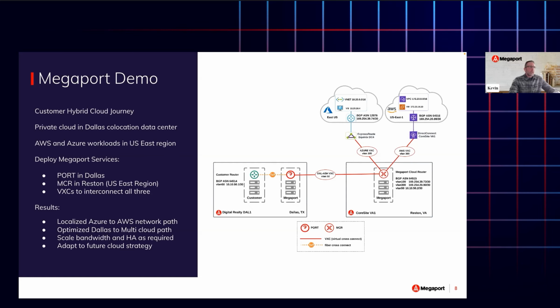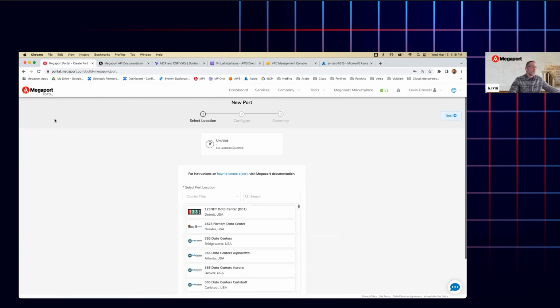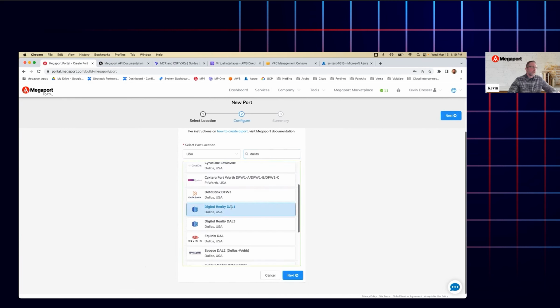Okay, so why don't I now jump into our portal here? So, as I mentioned, we've got access methods to get onto our network. We've got the port, the MCR, and what we call the Megaport Virtual Edge. In this case, I'm going to first run through the creation of a port. So I'm just simply going to say create port, and I'm going to drill down and select my actual location, starting by the country, and then drill down to a specific city or region. And based on where my private cloud is physically hosted, I'm going to select the Digital Realty Data Center in